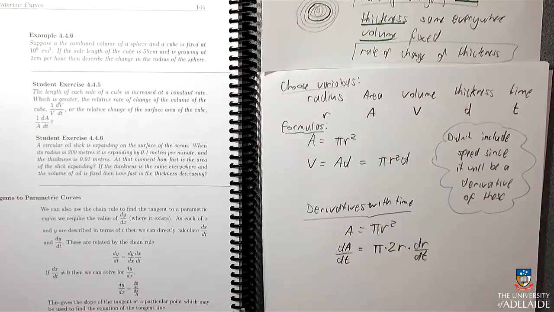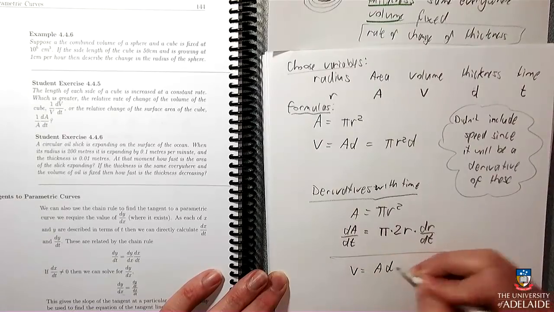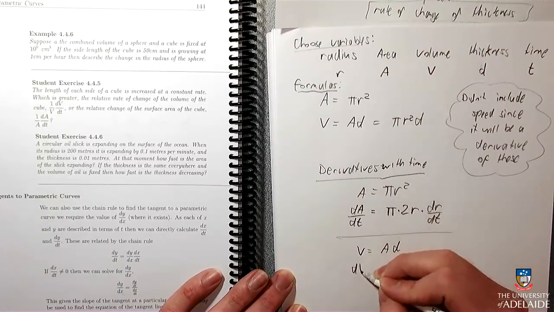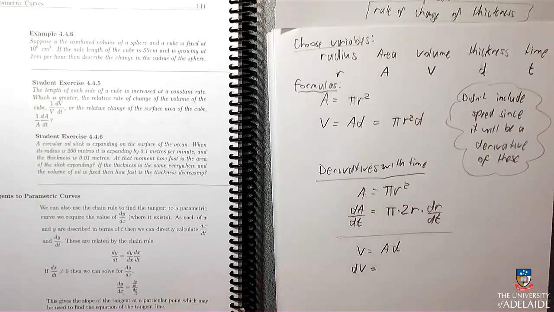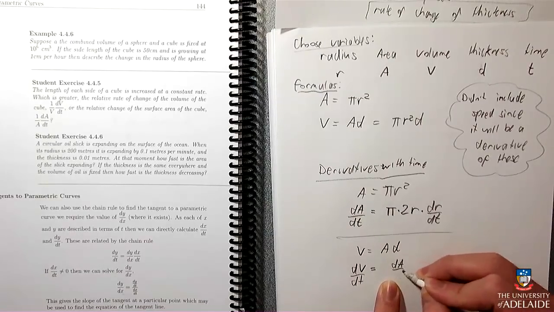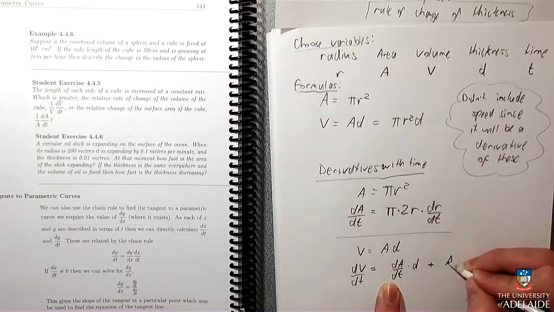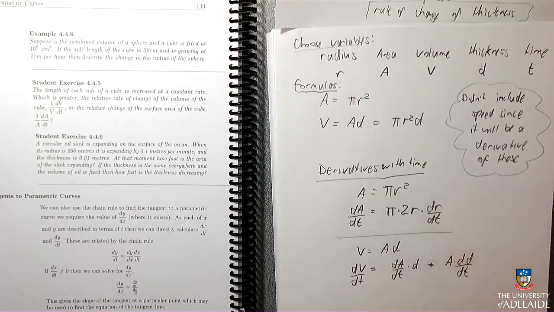Okay. Cool. And what else have we got? We've got V is A times D, so I could do dV is, product rule. So this would be differentiate the A and keep the D, and then keep the A and differentiate the D. Oh damn it, oh well, we have dD on dt, we're going to have to lump it. Shouldn't have chosen a small d for that. Oh well, it's stuck now. I could go back and change it.